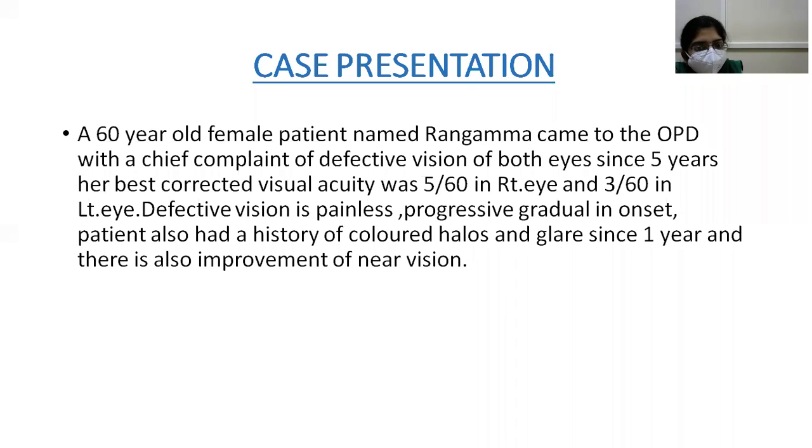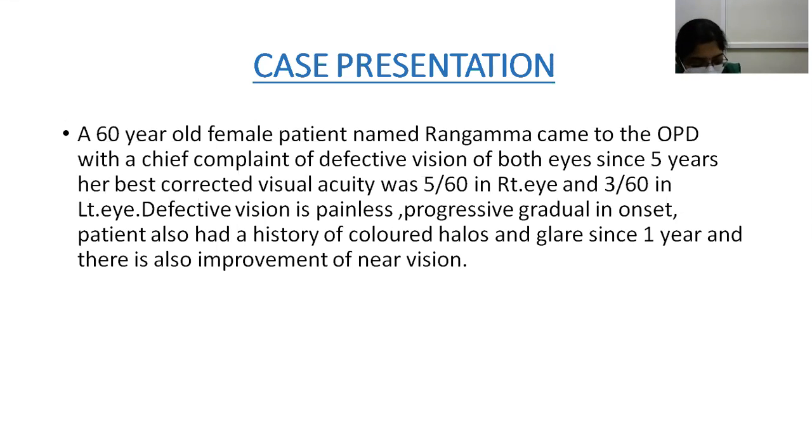And medication and past history. She has a best corrected vision of 5/60 in the right eye and 3/60 in the left eye. No history of medications. No personal history. No history of smoking, alcohol. Diet, bowel and bladder movements are normal. No history of occupational exposure.